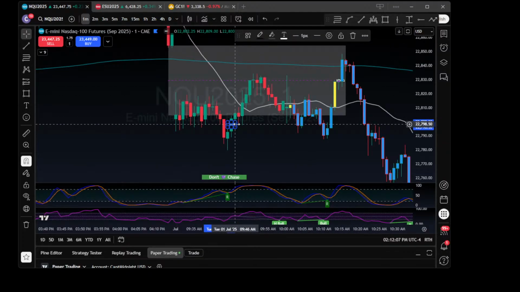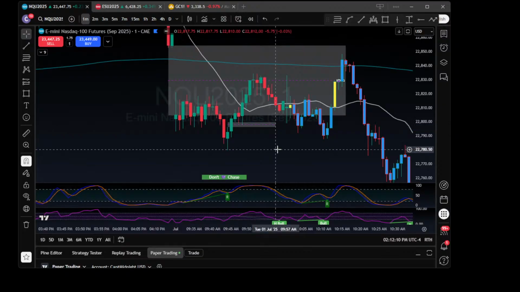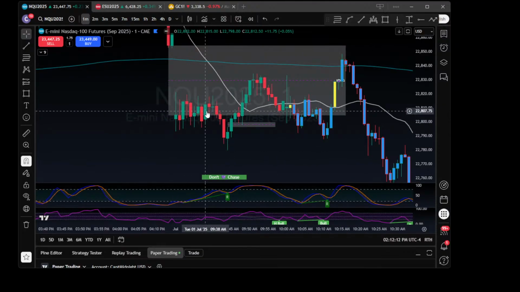First fair value gap is right there. It's a little tiny one. I don't even like how tiny that is, but as you see, we probably have some AMD, right? We have accumulation through here for the first few minutes, takes out the liquidity, and starts to go back up.